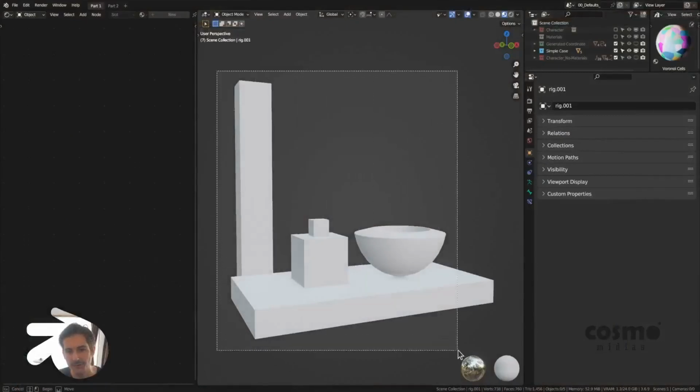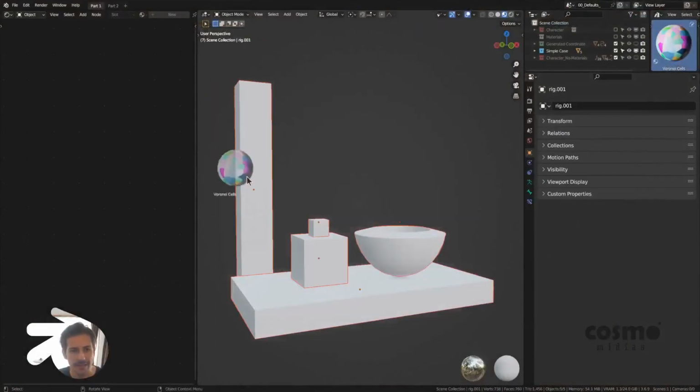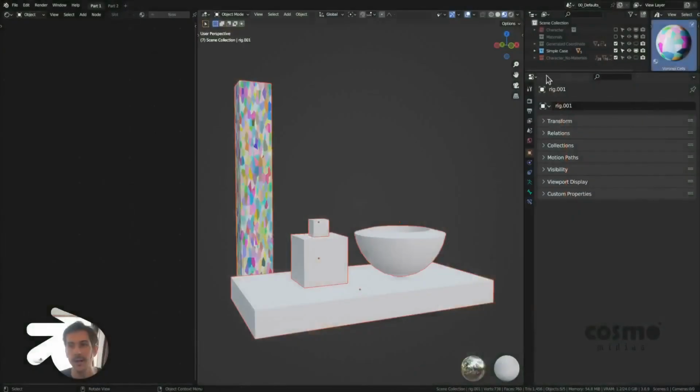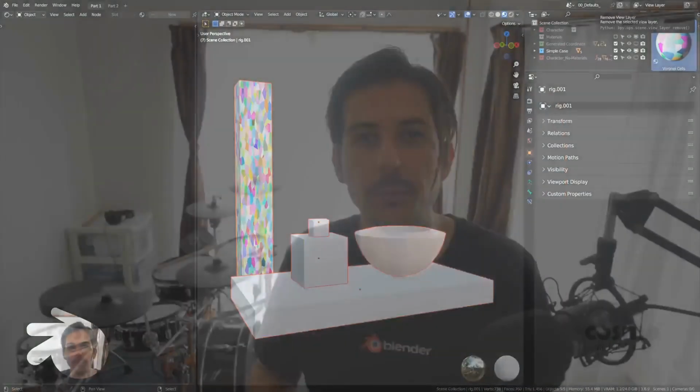I made this workflow especially for people that like to skip UVs, for example, so I hope you are not the person that likes doing UVs, right? Someone likes doing UVs here? I hope not. Let's assign this material to multiple objects and, okay, just before I proceed, let's do the following